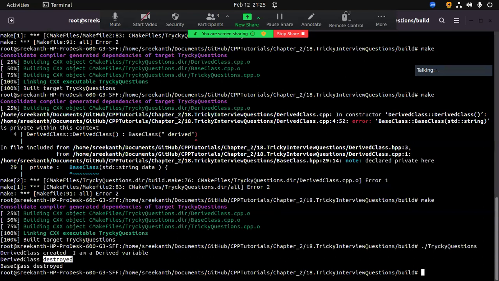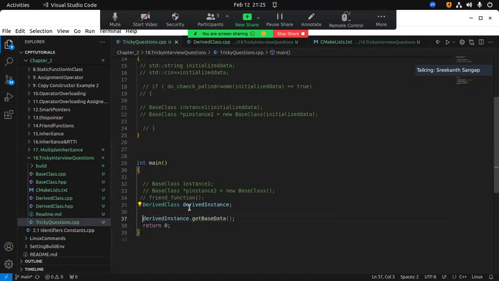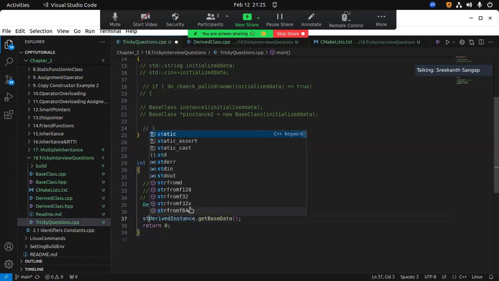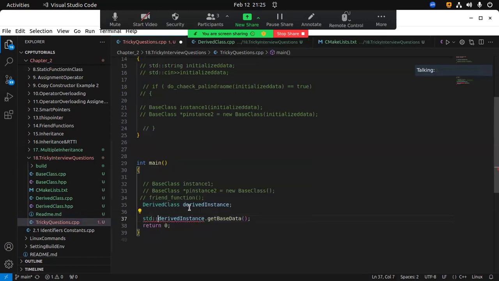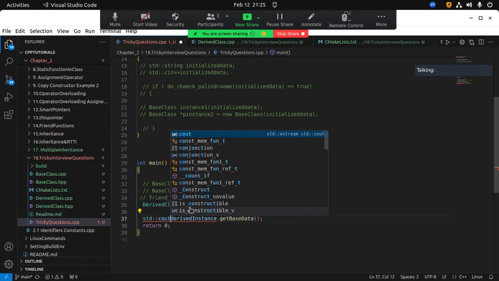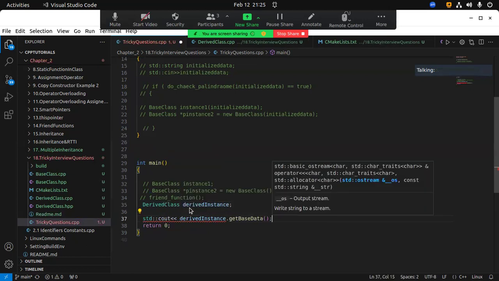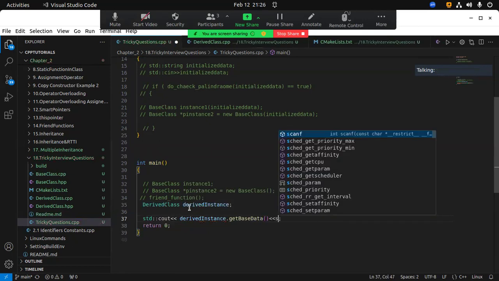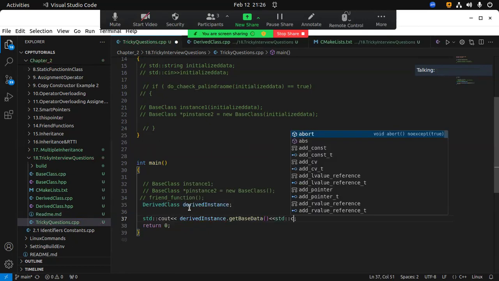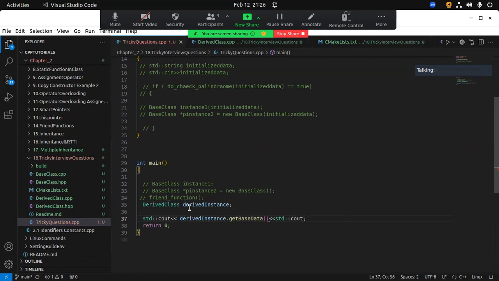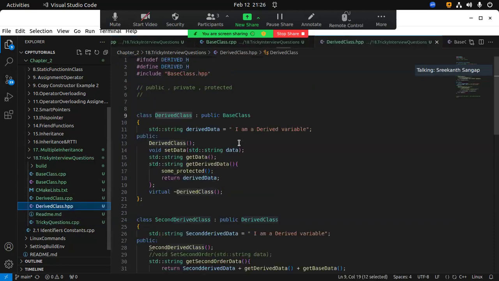I think I didn't print anything, so you are not getting anything. This derived class constructor is